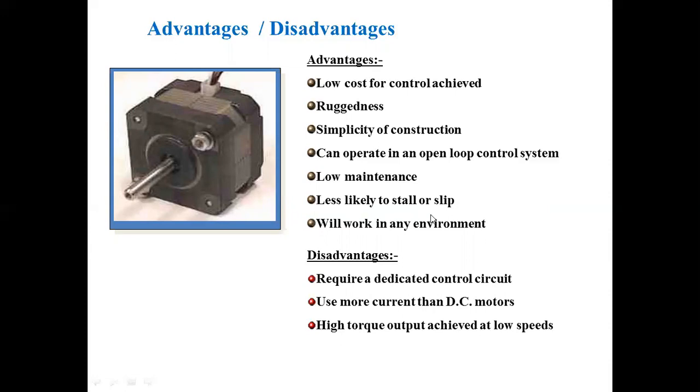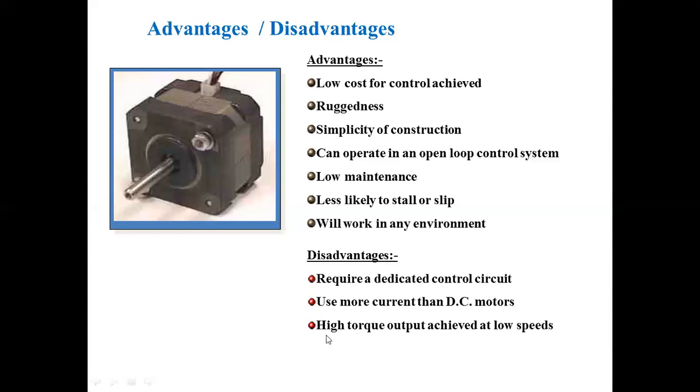The next one, disadvantage: a control circuit is compulsory. Nothing but using the switching sequence circuit, there is a possibility to control the speed. This requires a circuit, that is a control circuit. What does this control circuit mean? Previously we observed the example of 3.6 degrees of angular displacement rotated by the rotor of the stepper motor. If we require 3.6 degrees, or you require 7.2 degrees, then compulsory stop and start should be required. Therefore, a control circuit is required here.